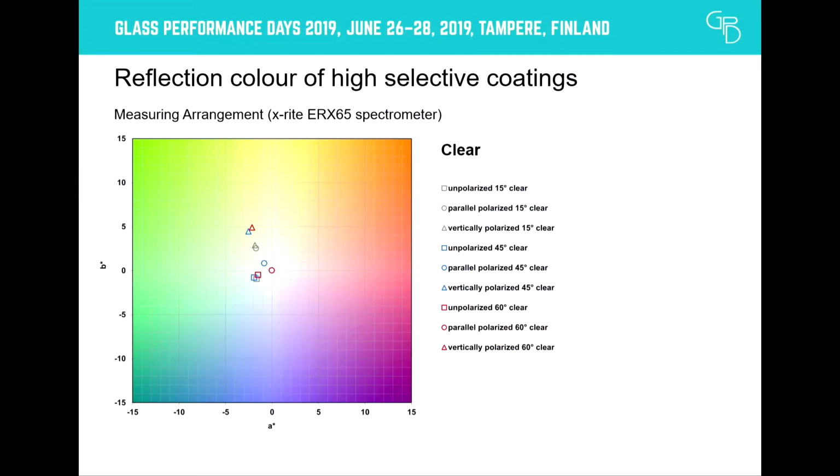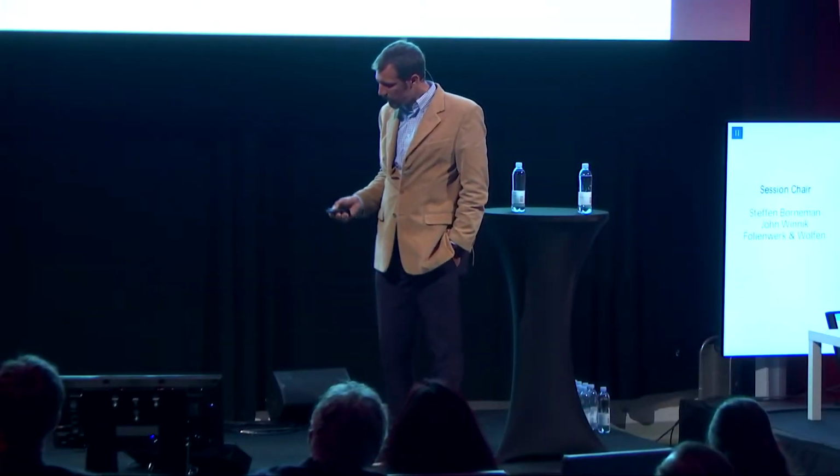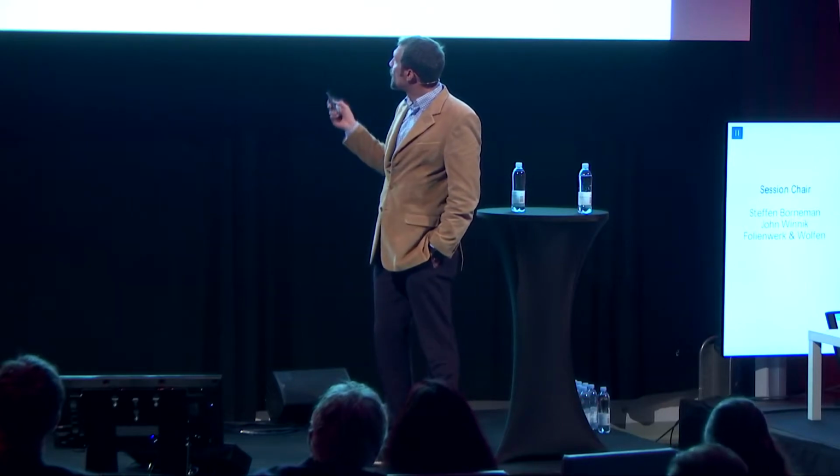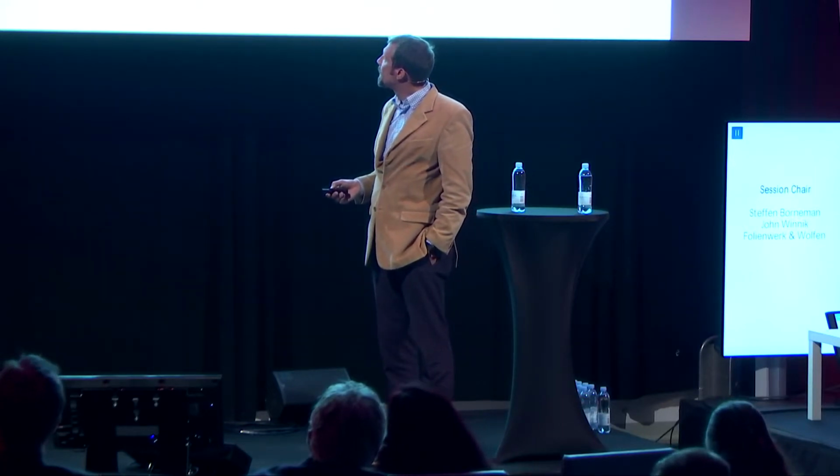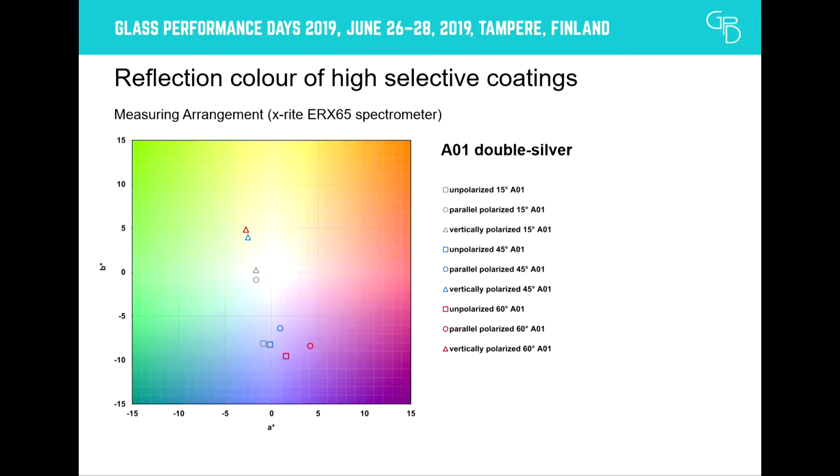And what we can see is that the values are quite close together. They are not perfectly together, which they kind of should be, because when we start using a polarized filter, the polarized filter by itself also has a color. So we couldn't eliminate the color of the polarized filter, but they're reasonably close together. And to show you how it behaves on a bigger scale, it's absolutely sufficient. We see a rather small square around the area of our measurements,